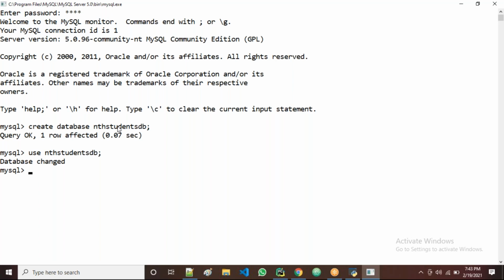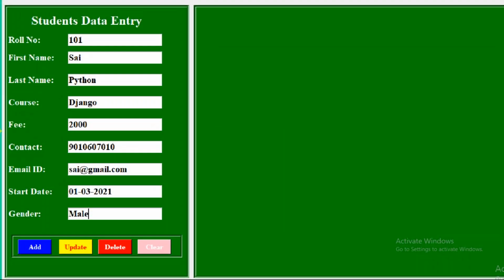So here we create a table, guys. Okay. And in the table, what fields do I want? We need all these fields: roll number, first name, last name, course name and fee, contact number, email ID, start date, and gender. These are all the fields I'll take in the table.